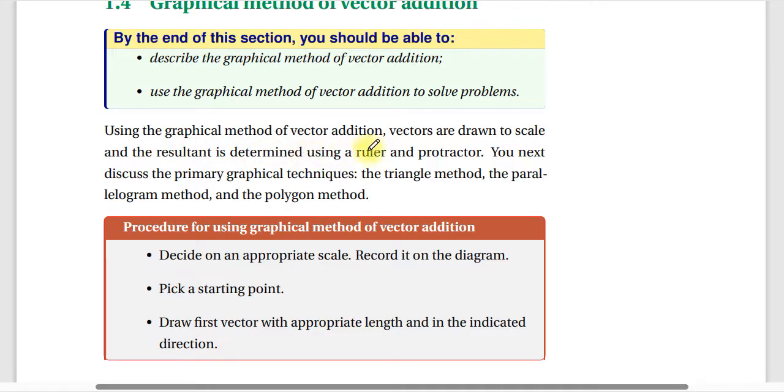Using graphical method of vector addition, vectors are drawn to a scale and the resultant is determined using a ruler and protractor. እዚህ ጋር እንግዲህ ሩለር እና ፕሮትራክተር ያስፈልገናል ማለት ነው። ግራፊካሊ አድ ለማድረግ ቬክተሮችን ማለት ነው። You next discuss the primary graphical technique, that is the triangular method, the parallelogram method and the polygon method የሚባሉ ነገሮች አሉ። እነዚህ ሶስት ሜቶዶችን በመጠቀም እንዴት አድርገን አድ እንደምናደርግ የምናይ ይሆናል ማለት ነው።